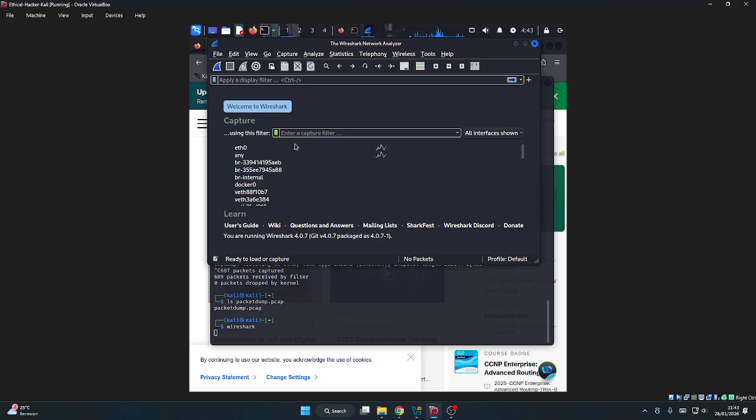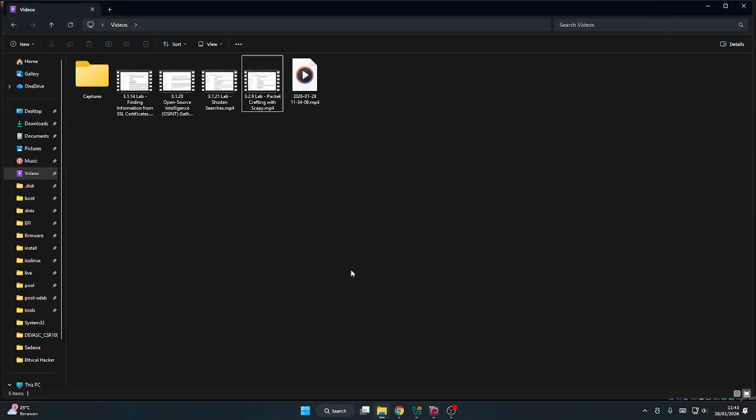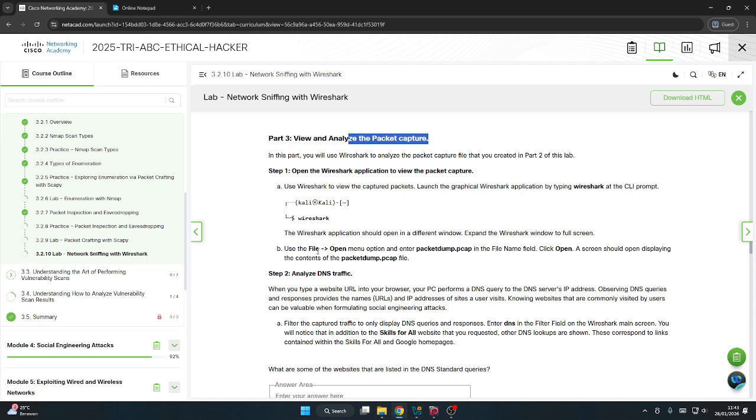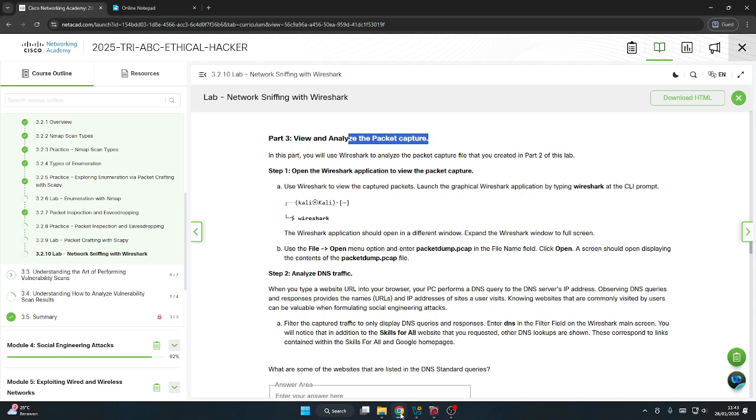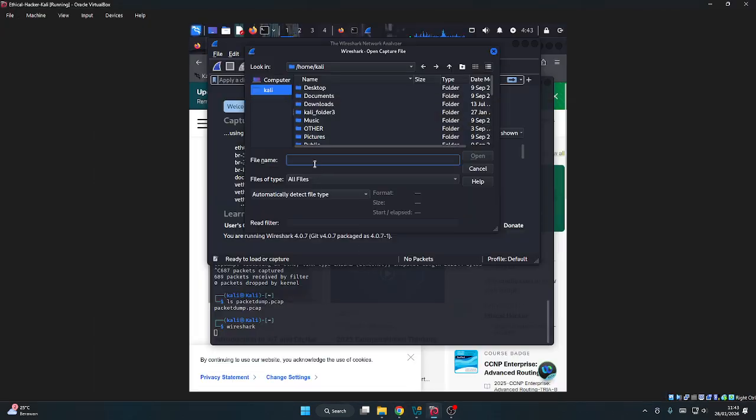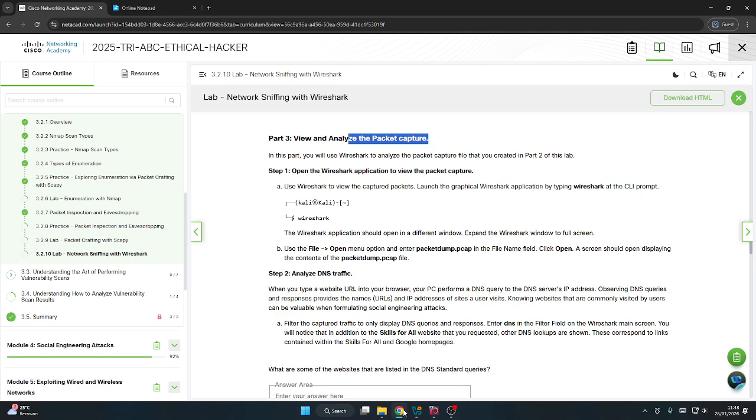So we will use the file, file open, and we will use the pcap. Packet dump.